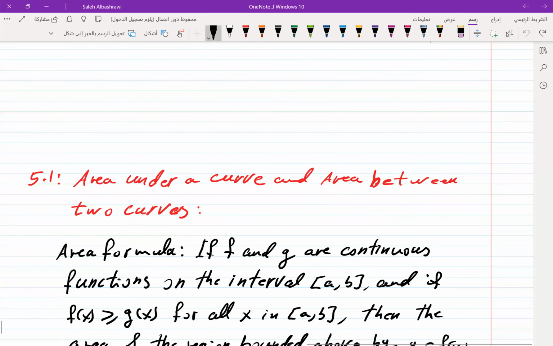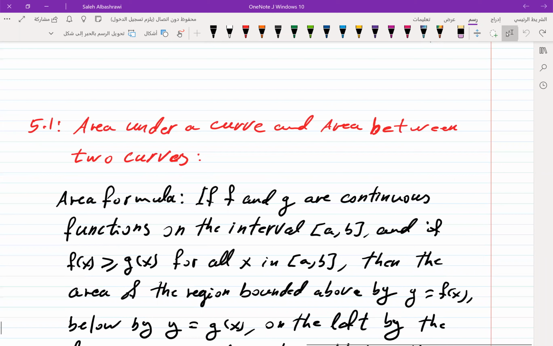Starting with this, first of all, we say that if we have two functions, f and g, and these are continuous on an open interval, a to b. If the function f of x is greater than the function g of x for all x in the interval a and b, then the area of the region enclosed between these two curves, or just bounded by f of x up, g of x down, on the left by the line x equal to a, by the right x equal to b,